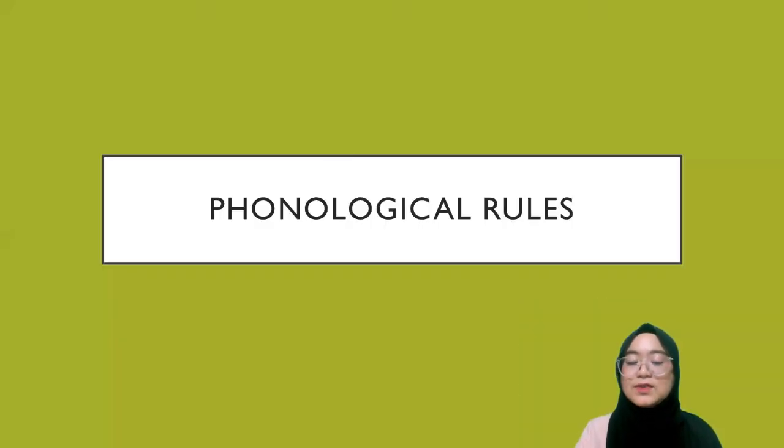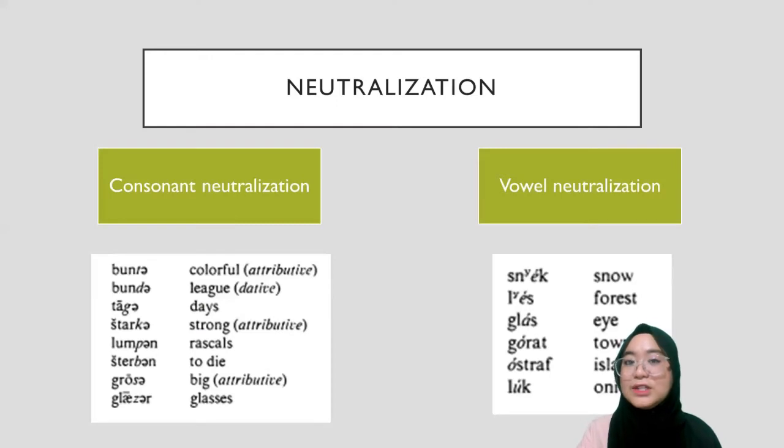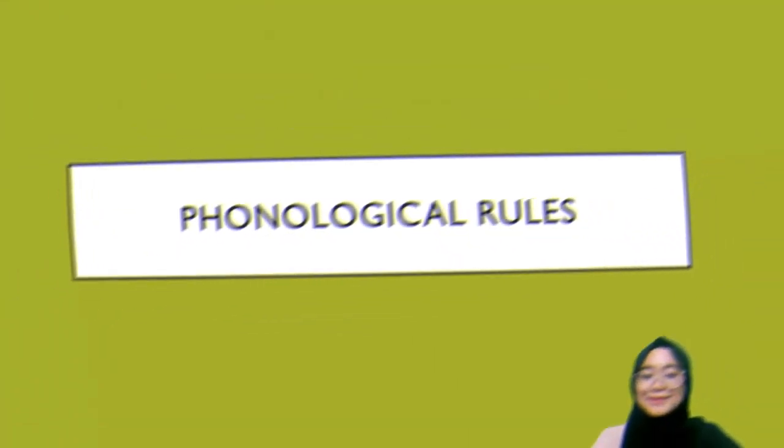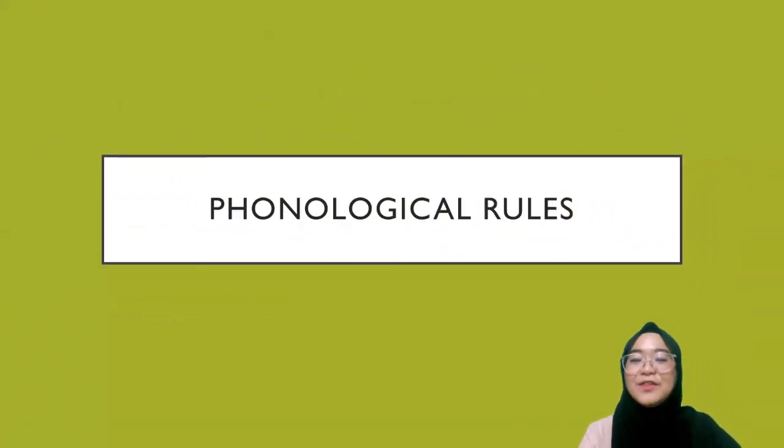All right. So that's the end of phonological processes. Let's begin part 3, phonological rules. This is the formal notation after we learn phonological processes. In phonological processes, we learn the ordinary language of how we differentiate it. But in phonological rules, we will learn more about how to make it in a formal way, which will be